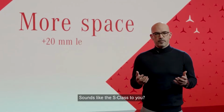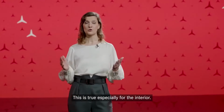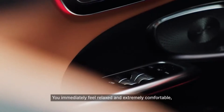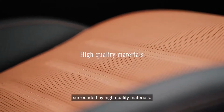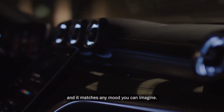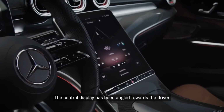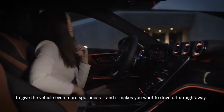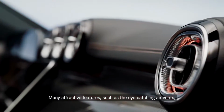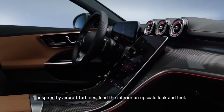Sounds like the S-Class to you? The C-Class actually shares many of the innovations of the S-Class. This is true, especially for the interior. You immediately feel relaxed and extremely comfortable, surrounded by high-quality materials. A stunning ambient lighting adds to the atmosphere, and it matches any mood you can imagine. The central display has been angled towards the driver to give the vehicle even more sportiness, and it makes you want to drive off straight away. Many attractive features, such as the eye-catching air vents, inspired by aircraft turbines, lend the interior an upscale look and